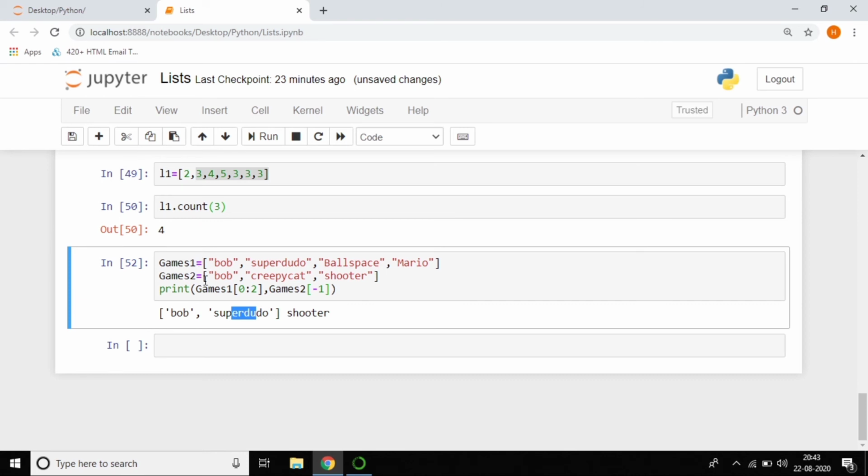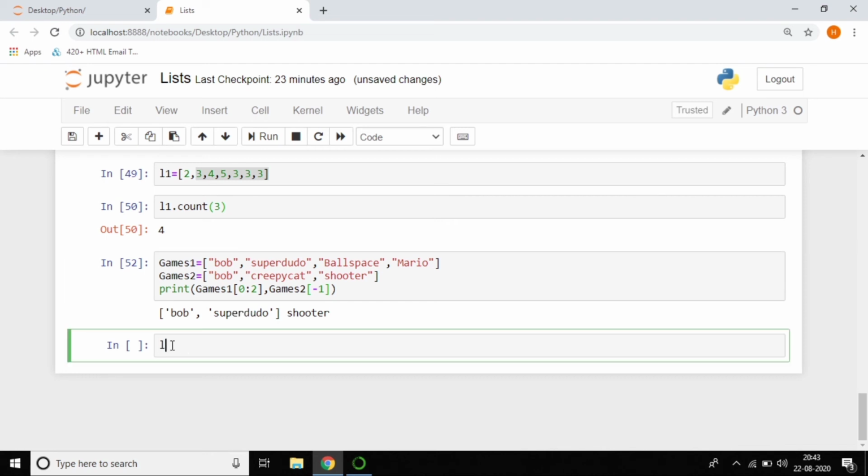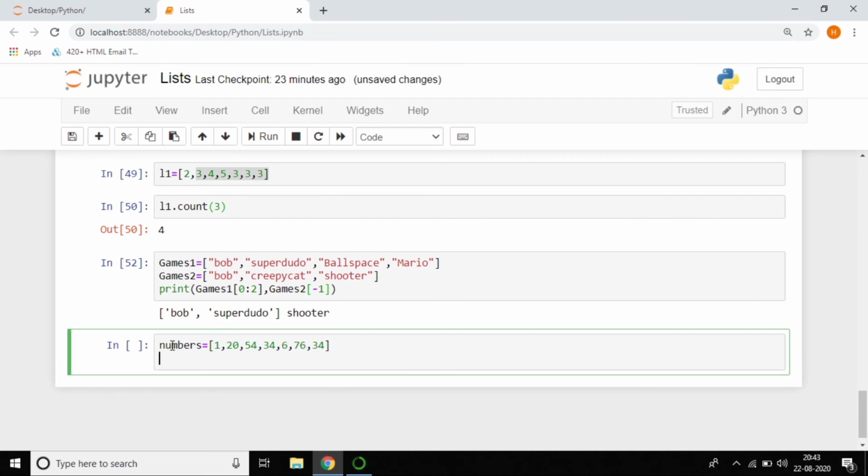And now I want to find the length of a given list, and also print the maximum value as well as the minimum value in a list. So I'm creating a new list called numbers, and I passed some items into it.